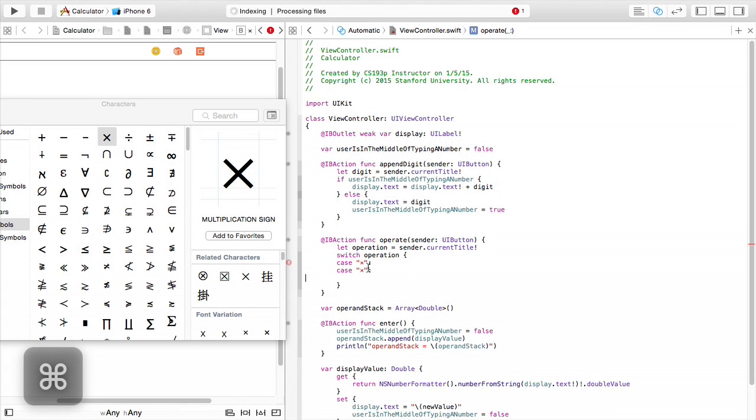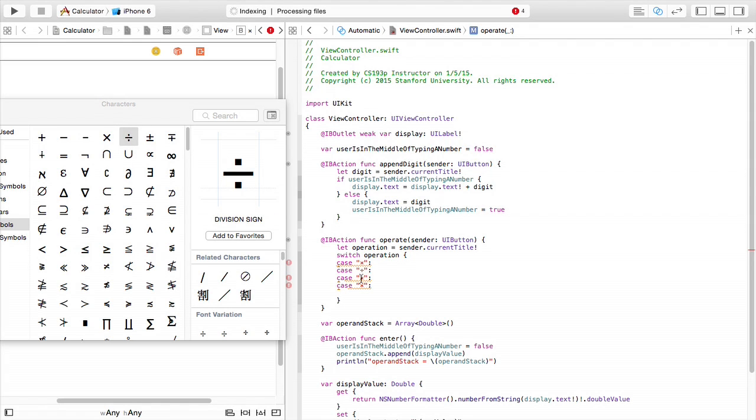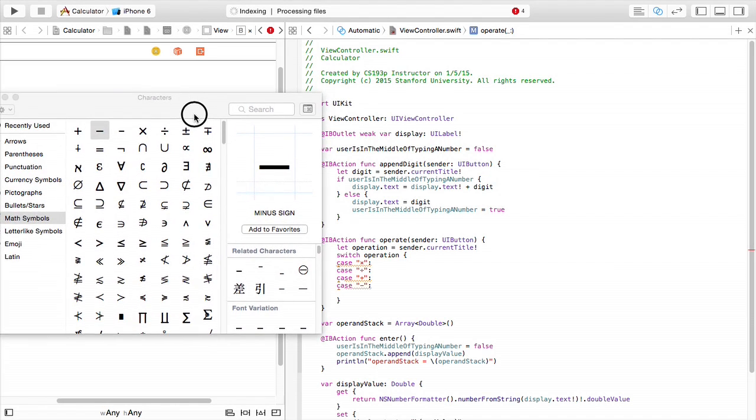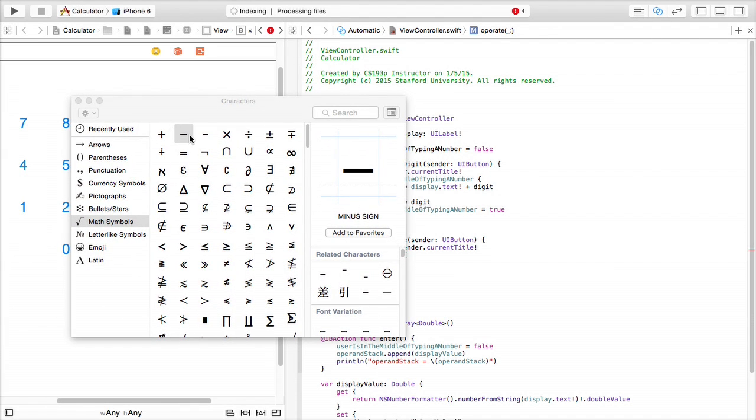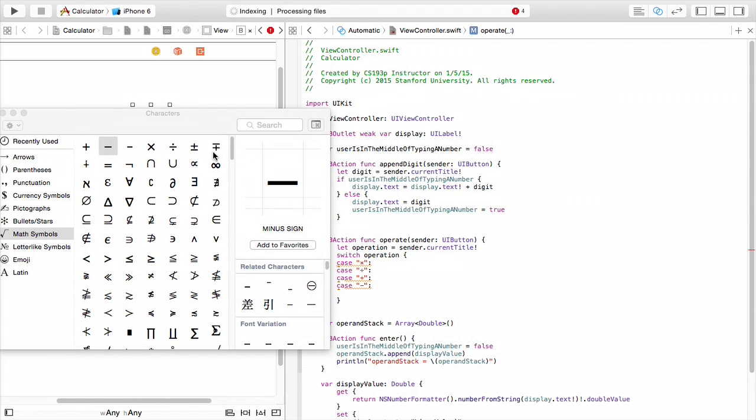So let's copy and paste. And we'll do this, be our divide case. And we'll have this be our plus case. And we'll have this be our, oops, let me use this, make sure we're using the same guard here, minus case. Okay, yeah, you be a little careful here. You know, this minus is slightly different from this minus, which might be slightly different than the minus you type with the keyboard. So when you're putting the symbols here, you want to use exactly the same symbols here